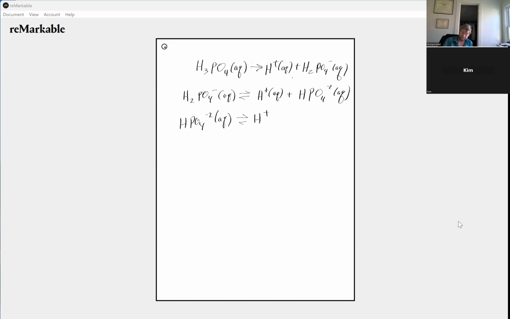So there are three. There's not one, not two, but three equilibria here. Each one of them plays a role. Physiologically, at physiological pH. Now, by the way, sometimes if you take biochemistry, you'll see something written as Pi. Pi literally means inorganic. That's what the I stands for. Inorganic phosphate. And it's a recognition of the fact that our phosphate here